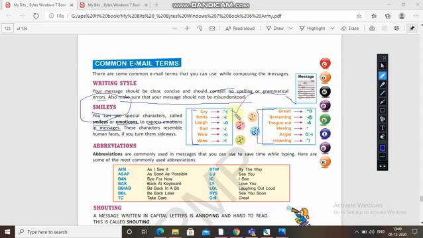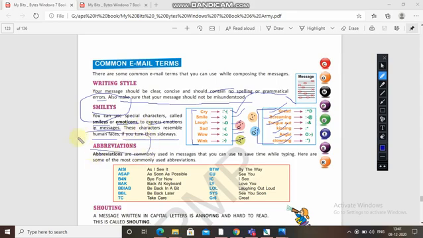These symbols are for cry, smiley, laugh, sad, wow, wink, great, screaming, tongue out, kissing, angel, cloning. So these are the smileys which you can use in your messages, and these characters resemble human faces if you turn them sideways.